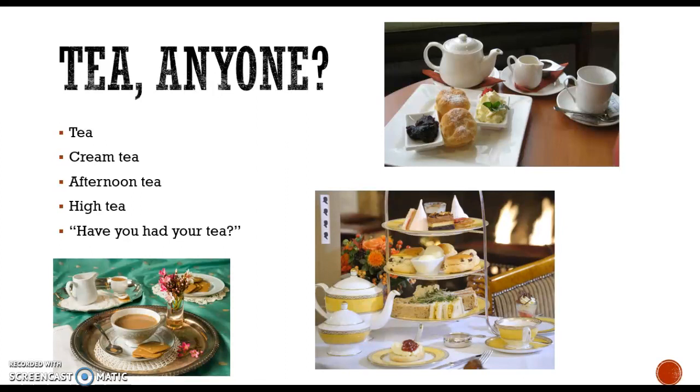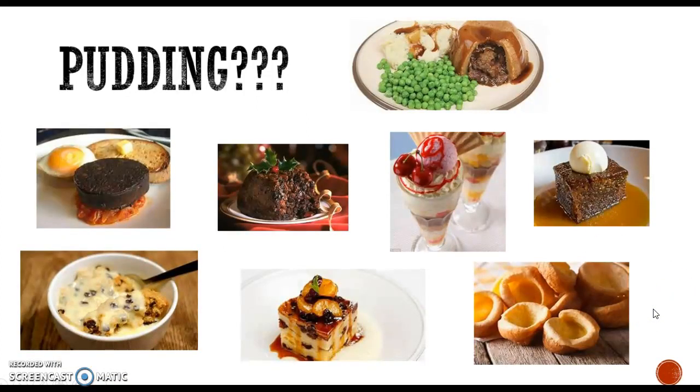So for the working class, tea time had to wait until after their work. And by that time, because it was later in the day, tea was generally served with heartier dishes. This became known as high tea and often included hot dishes such as cheese on toast or other savory dishes. So today, an evening meal is often called tea. So when somebody says, "Have you had your tea?" you have to figure out, are they asking me if I had the beverage tea or are they asking me if I had dinner?